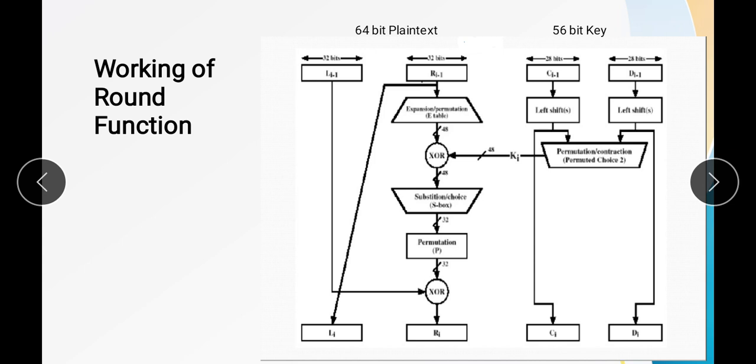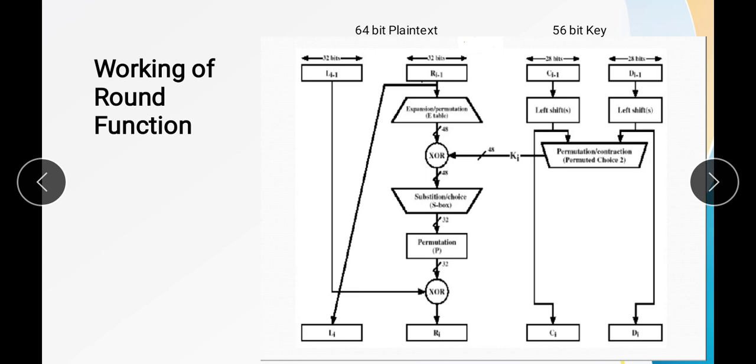Now that data is applied to another XOR function, but the second input for this XOR function will be the initial left part of the plain text. The initial left part of the plain text and the permuted output of the permutation function both will be XORed and we get an output, that is R1. So this is the R1 of the first round.